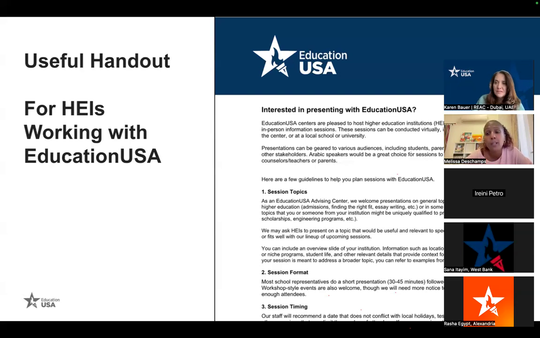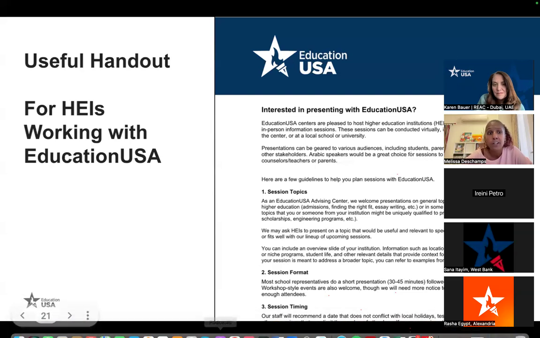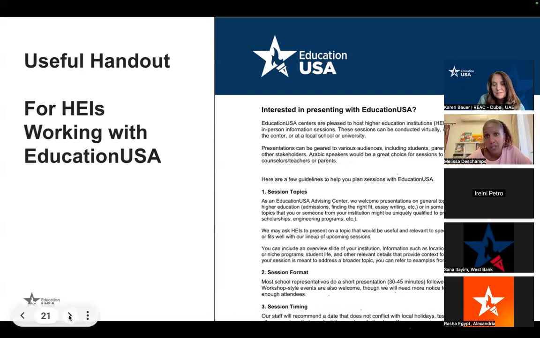And then that way reps know exactly kind of what they should be thinking about. A lot of the general information is there in terms of they have to pick a topic that's of broad interest to students, and that they will have an opportunity to have maybe one, maximum two slides about their institution just to provide that context for their background in terms of, is it a public, is it a private, is it small, large, so that students know kind of what they're presenting from, but that it's not an advertisement.